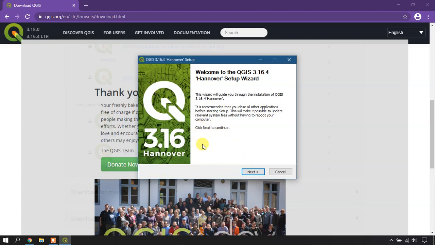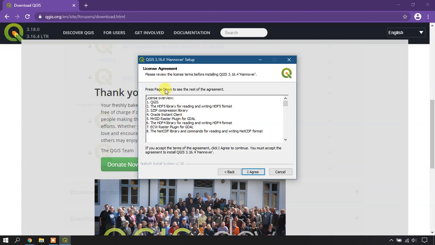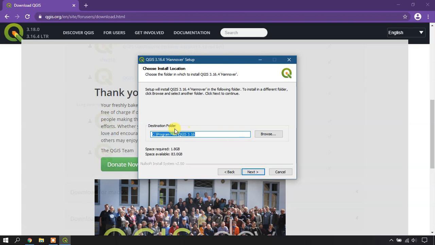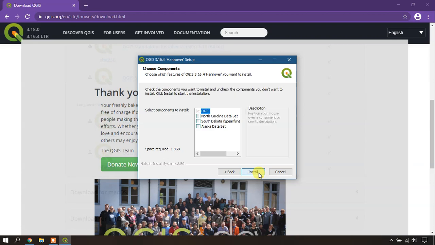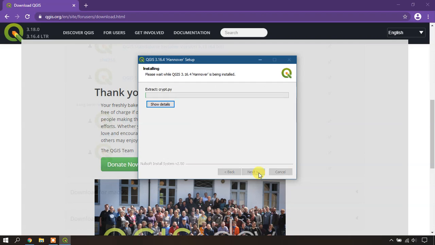The wizard has opened, and we just move on and click Next, agree to the license, and click Agree. You can browse and select the destination folder and select Next. If you need to change it, you can, otherwise leave it as default. Then click Next and press Install. You can see the installation has started.